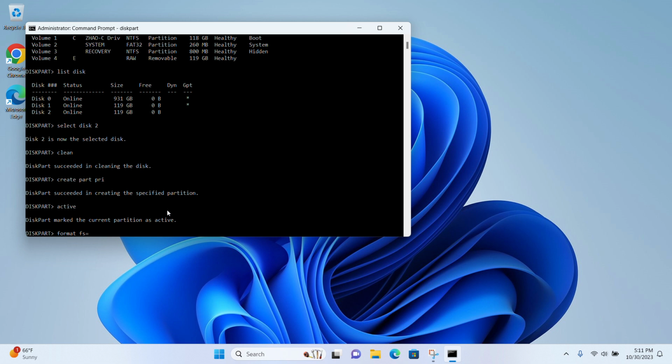Okay, so in this format, here we will use exFAT. Now we give the label of this drive: label equal my memory. Okay,